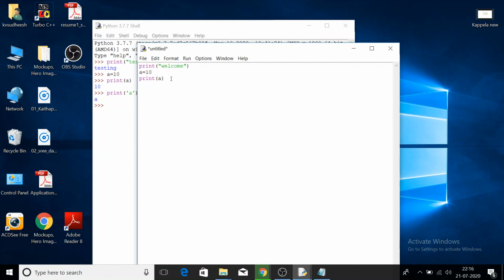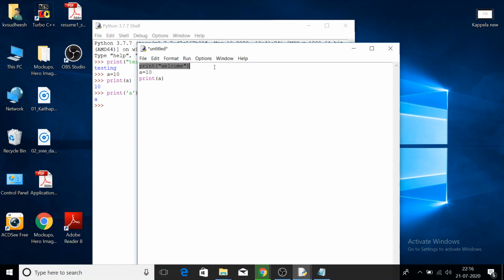Script is the program itself. Another name of program is script. Actually some difference is there, but for the time being you can consider script as the program itself. Here I have written one program with 3 Python statements.